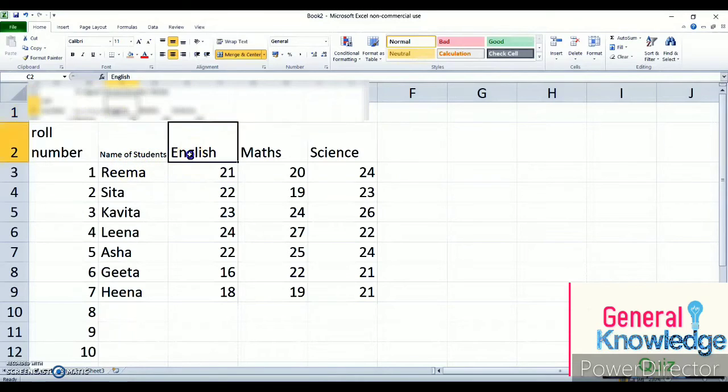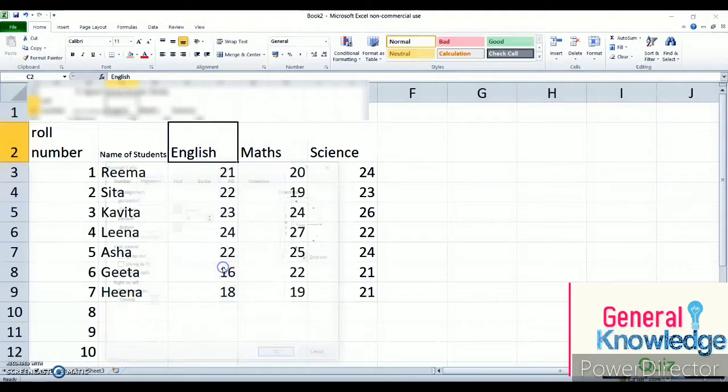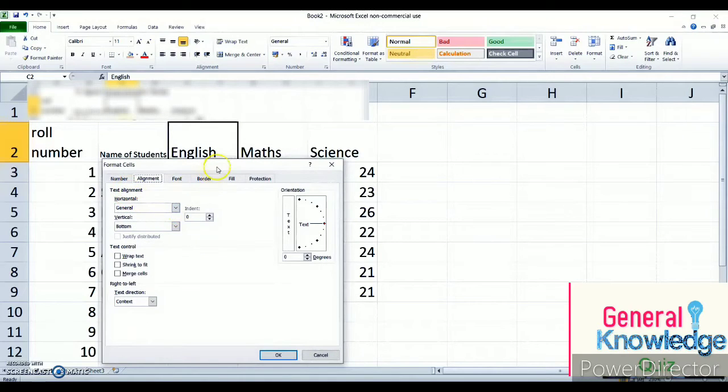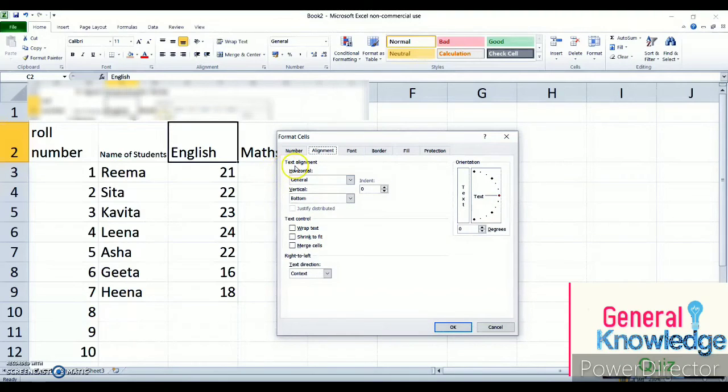Now in this formatting cell, you have one more option that you can orientate or rotate your text as per the degree. So what you can do, you need to select the cell, right click with the mouse, again go to format cell. In this box you have the text alignment option. On the first, you can see text alignment. Side by side you have the orientation tab.